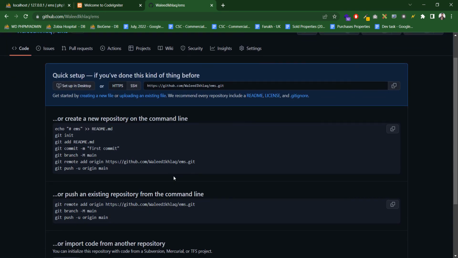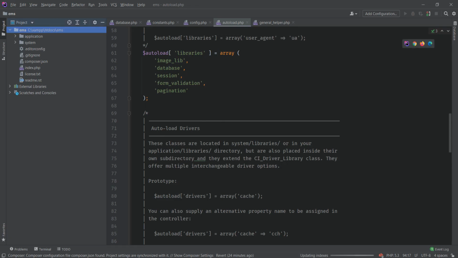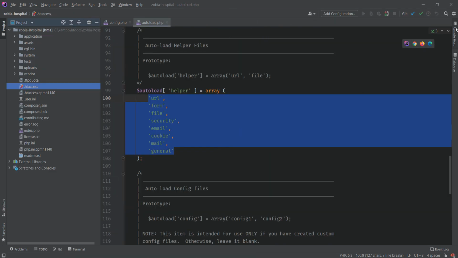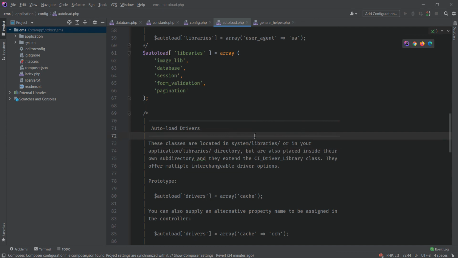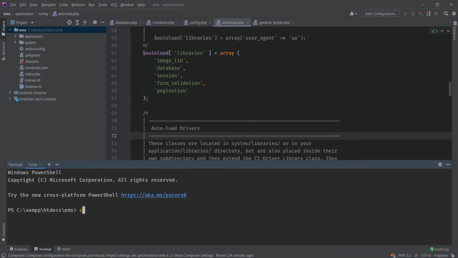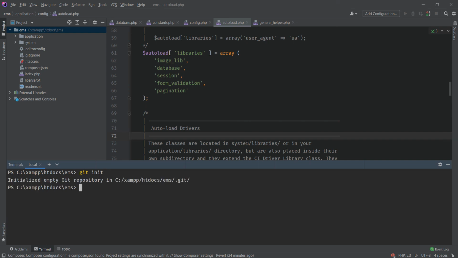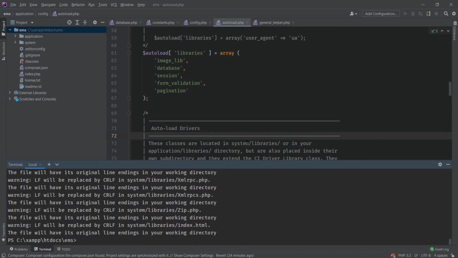Now here are the things that we need to do in order to push our code to the GitHub repository. First of all, I need to run the git init command. Let me close this second project that I have opened, and inside the terminal of my framework, I will type git init, then git add with a dot. The dot means everything, so everything in our project I want to add to this repository. It is just setting up the files. Then git commit -m, which means a message. Most probably I will just use the date,